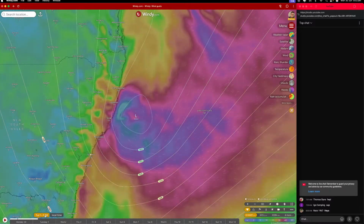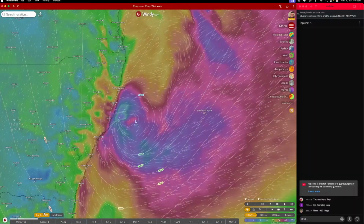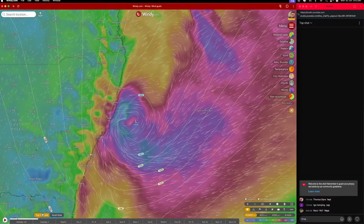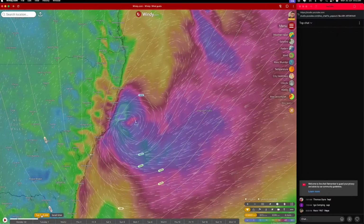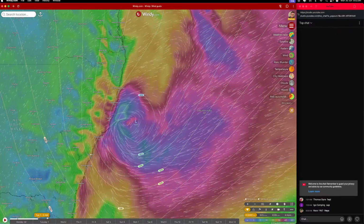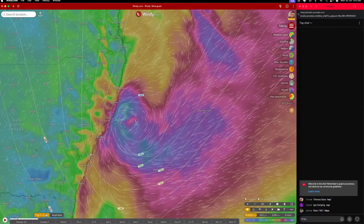Heading into tomorrow morning, and whatever happens tomorrow morning, whether it's a coastal trough, it's a low, it's a Tasman low, ECL, whatever badge it gets in the end, on EC anyway, it's looking windy and wet for us, and then we'll look at other models yet. But you can see here, definitely